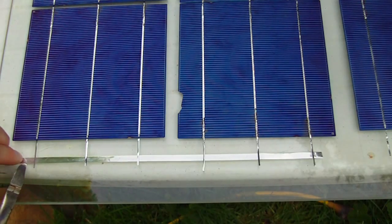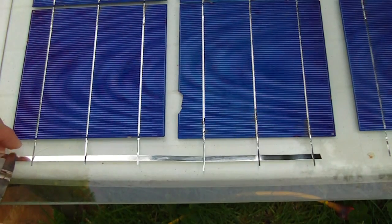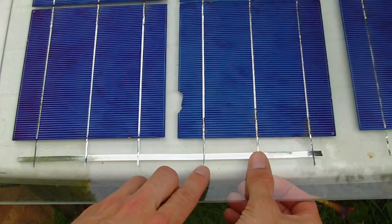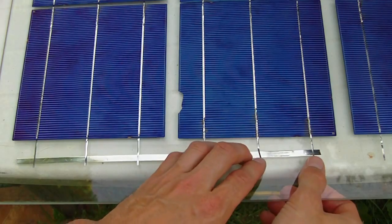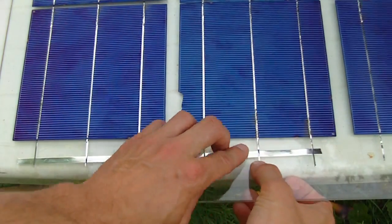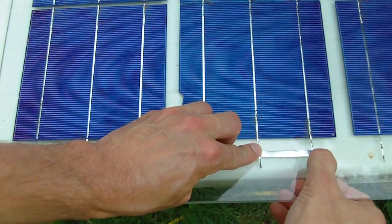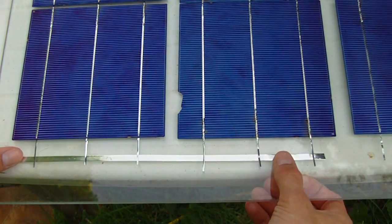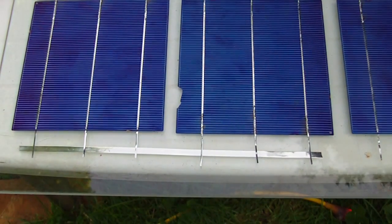So cut your length of wire that you want. And then what you're going to do is just have the cells lined up. And you're just going to take these little tabbing wires, and you're just going to solder them to the bus bars. And this is pretty easy. So what you do is you take your iron and some solder,